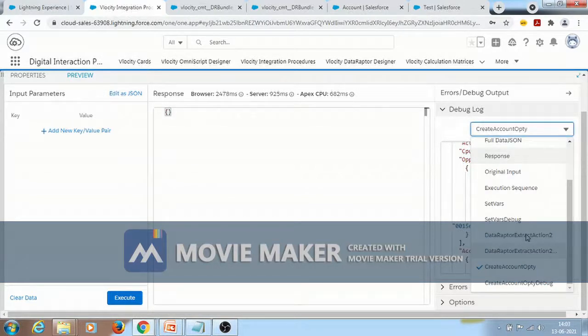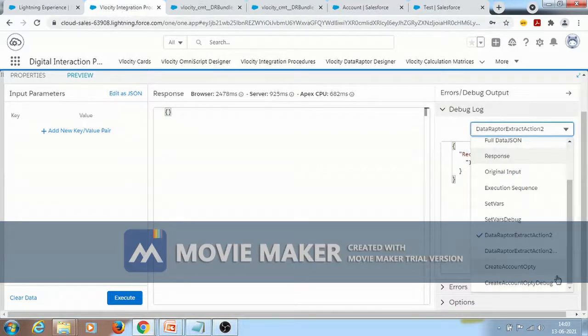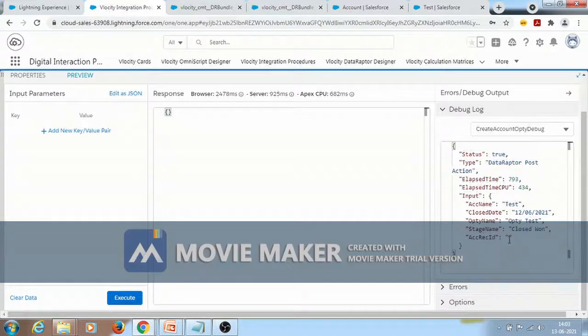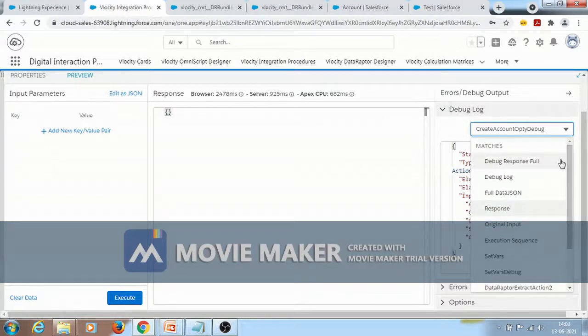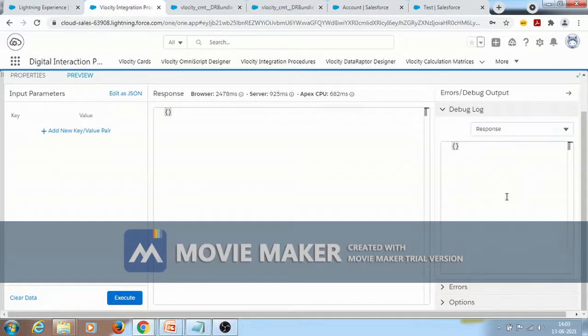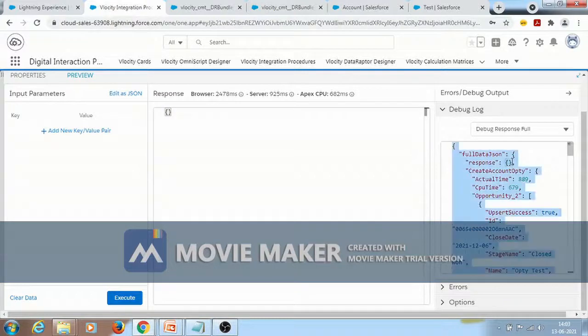If we click on data wrapper extract, we got this record type id. Let's verify whether the input is going correct or not. See, the input is not going correct. Let's debug this, how to get the exact data. For that I'll click on debug full response. So I'll copy this response and I'll be pasting